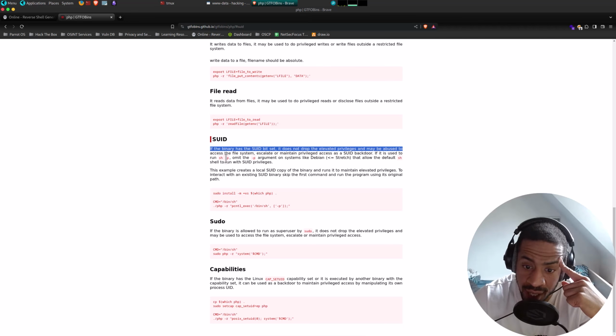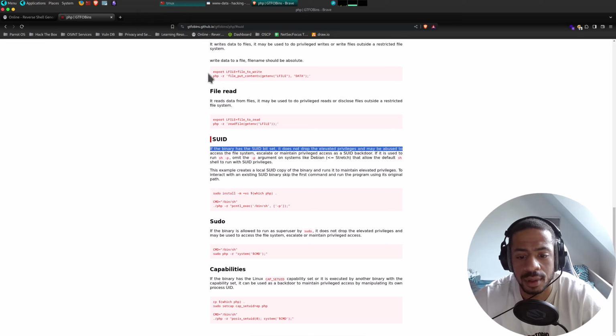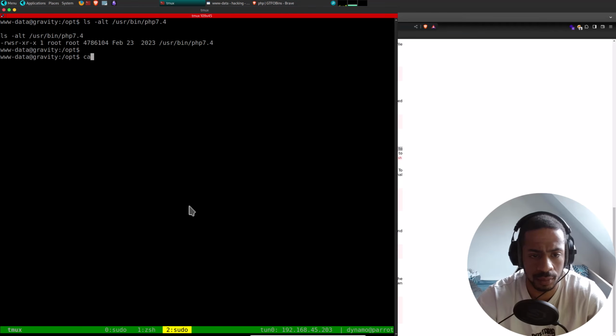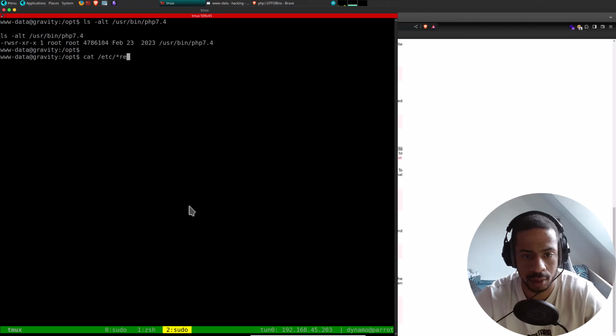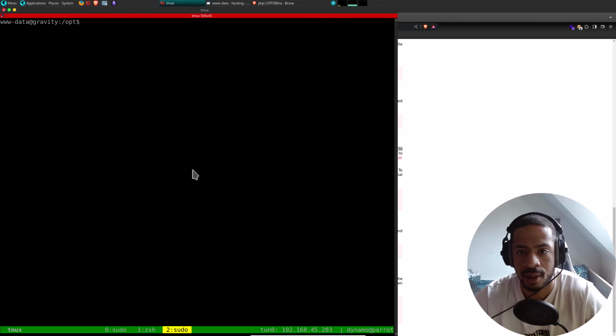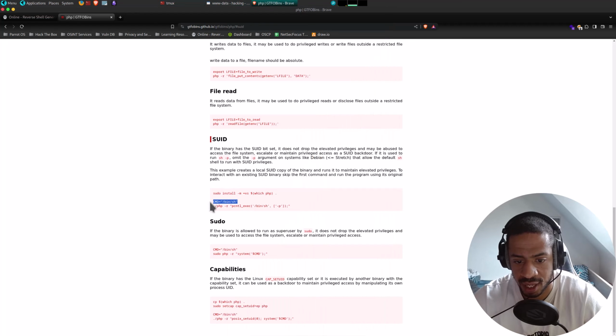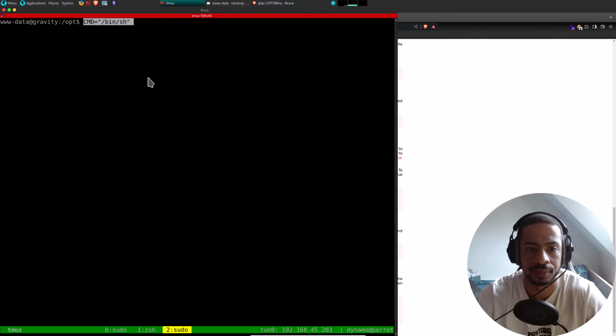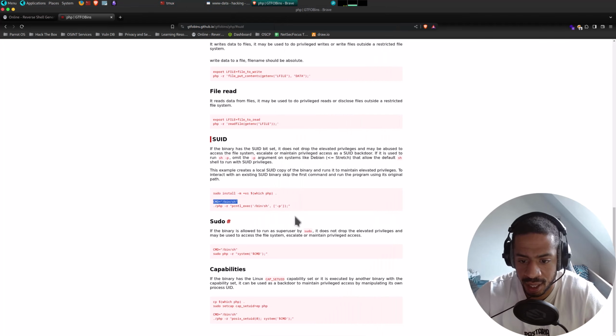So basically run sh -p, omit the -p argument on systems like Debian. Ubuntu. So we don't need to omit that. So let's just try that. Let's save the command variable. And then let's take this.